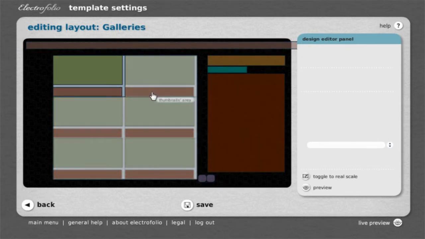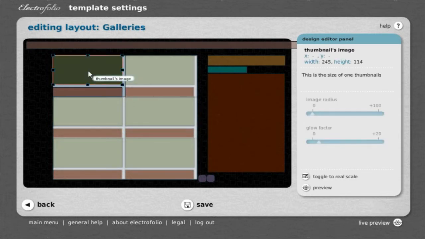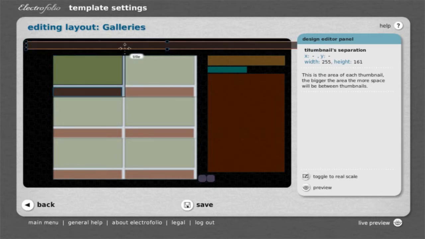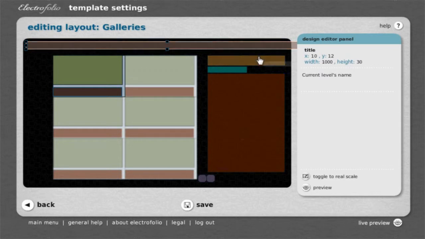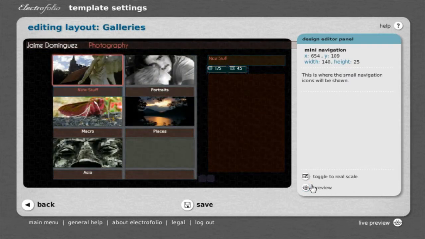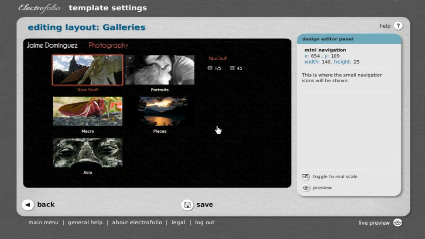They represent each editable element. You can roll over each item to find out what it is. This is the area where thumbnails are displayed. This box represents an individual thumbnail, and this is its label. This thin area is the thumbnail separation. Here is the title of the selected level on MyWork. Here is information relevant to the selected item. Its title, description, mini navigation. Click Preview. See? Great. Go back to Edit mode